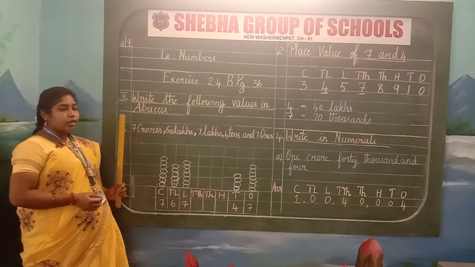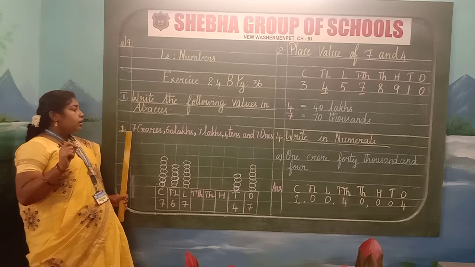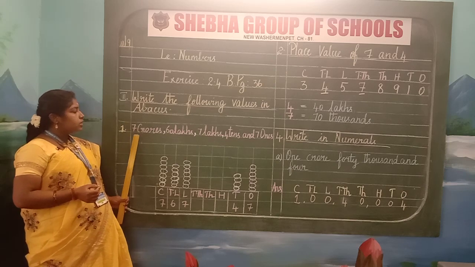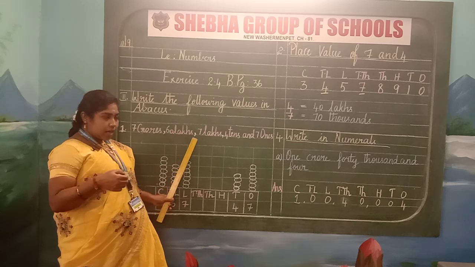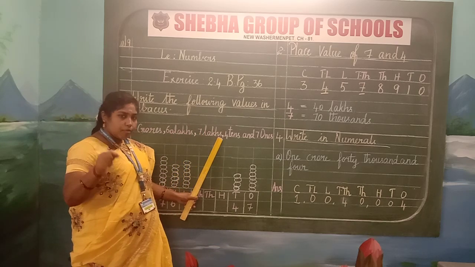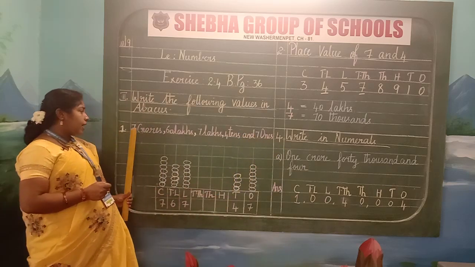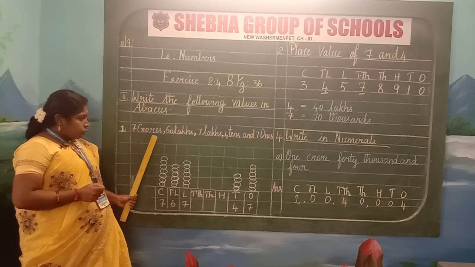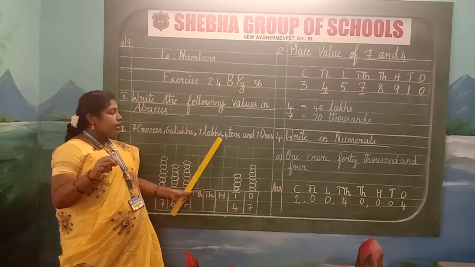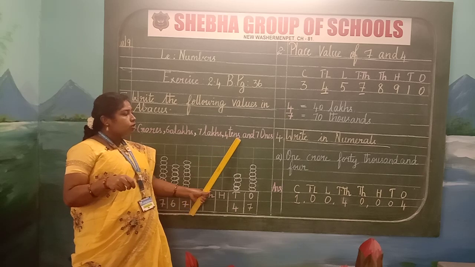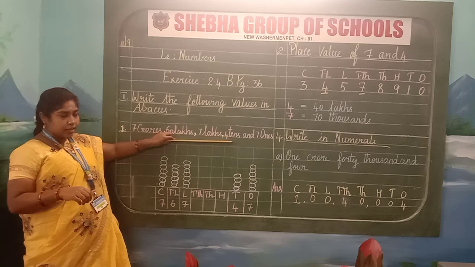We are going to write the question now. Write the serial number 1 in the margin. Now I am going to read for you. 7 crores, 60 lakhs, 7 lakhs, 4 tens and 7 ones. I am again repeating. 7 crores, 60 lakhs, 7 lakhs, 4 tens and 7 ones. Leave a line, children, after writing the question.